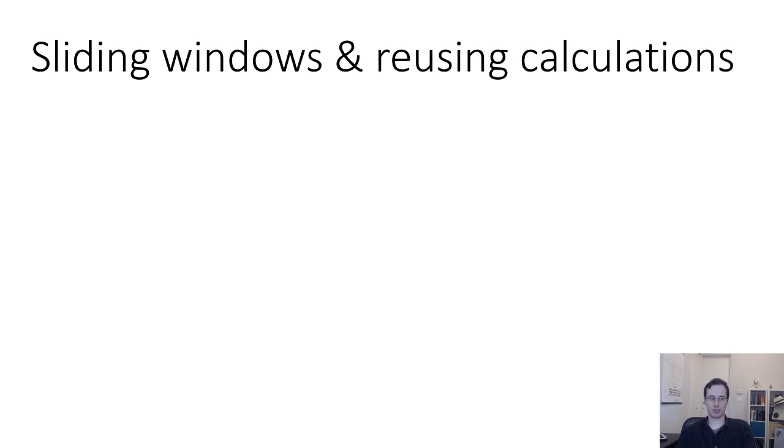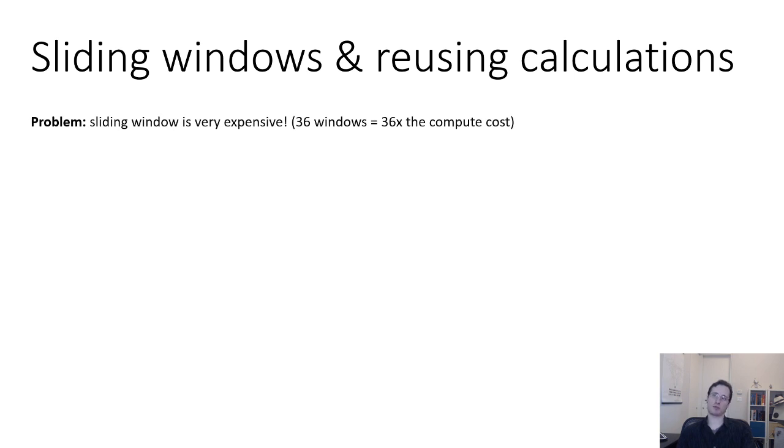Now, one thing that you might be thinking about right now is that the sliding window approach is computationally pretty expensive. For example, if you have 36 windows, if you have 6 along each dimension, naively you would pay 36 times the computational cost. If you're doing something more like what the OverFeat paper was actually doing, you might have hundreds of windows along the image and pay hundreds of times the cost. Fortunately, we can make this approach much cheaper by leveraging a special property of